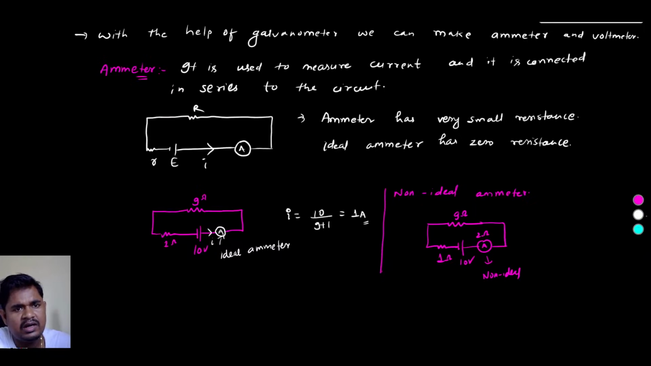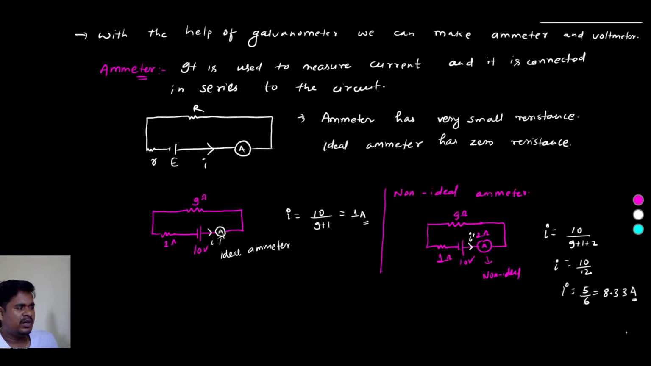So to calculate the current flowing in the circuit, let's say the current is I dash. So I dash will be how much? That is 10 by total resistance, 9 plus 1 plus 2. So that is 10 by 12, and so I equals 5 by 6. And 5 by 6 is basically 0.833, like this. So the current value is 0.833 ampere, which is lesser than